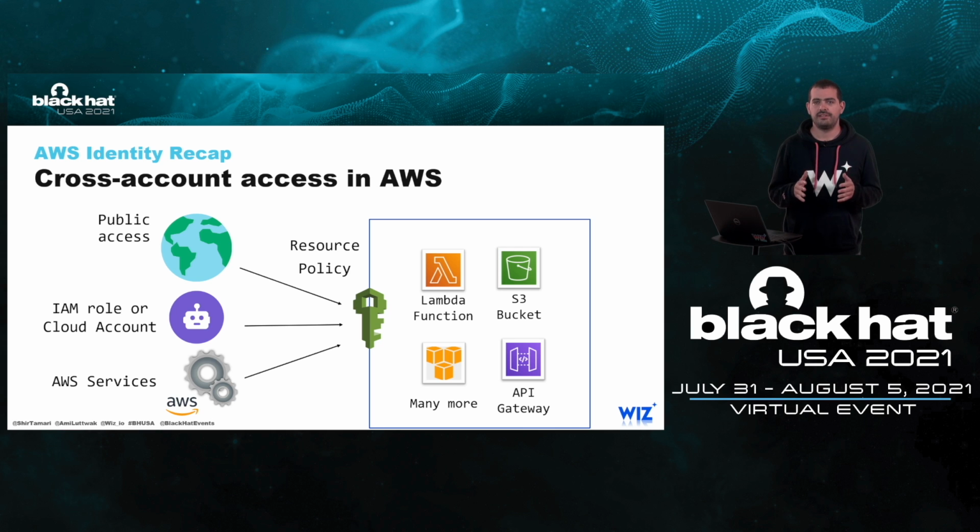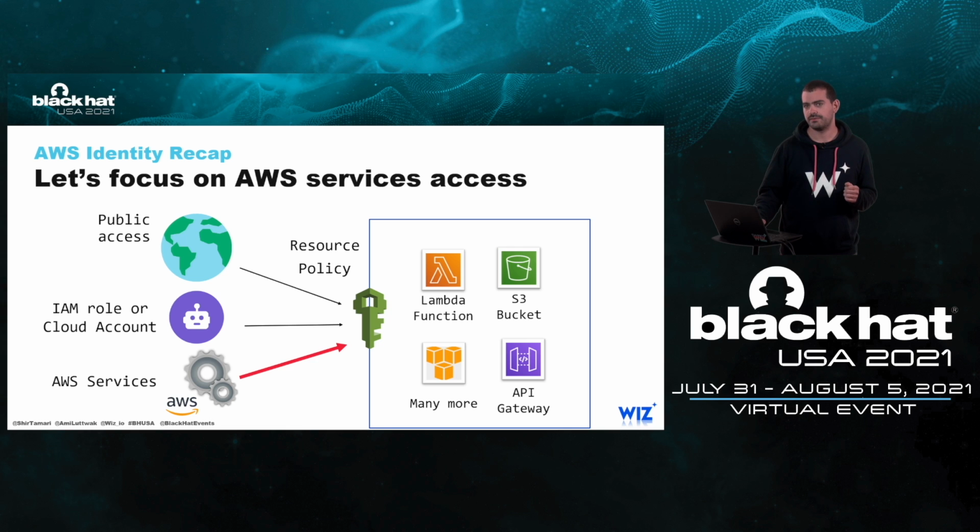In AWS, the mechanism defining the access permissions for cloud resources is called resource policy. Resource policy is a textual policy that allows users to define who can access which resource and what action can be taken on them. In this research, we focused on the flow that always intrigues us. What does it mean to grant permissions to an AWS service? Doesn't AWS have all the access it needs? Does it matter what permissions I give an AWS service? Can anything go wrong?